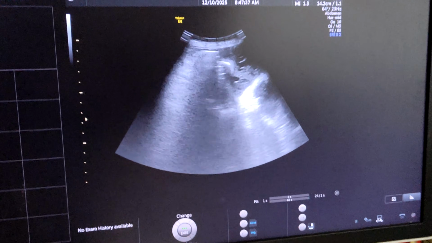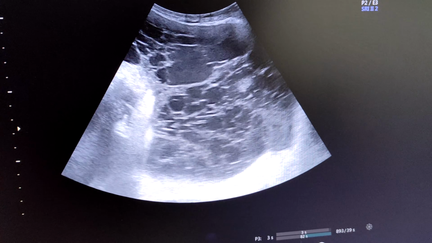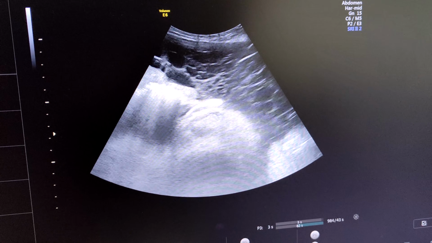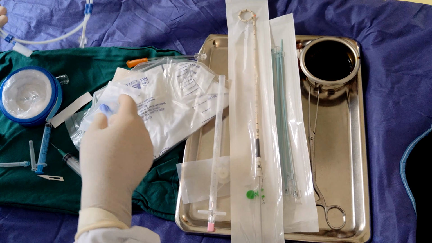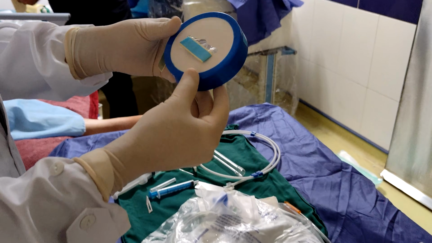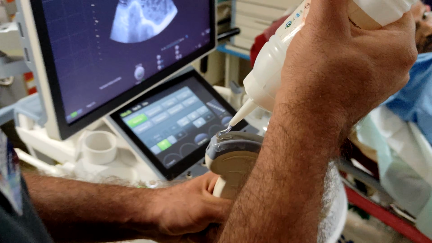Malignant ascites is a common complication of advanced intra-abdominal and gynecologic malignancies. Patients often suffer from abdominal distension, pain, early satiety, dyspnea, and reduced quality of life. The goal of this procedure is safe, long-term drainage, symptom relief, and improved patient comfort, typically performed under ultrasound guidance